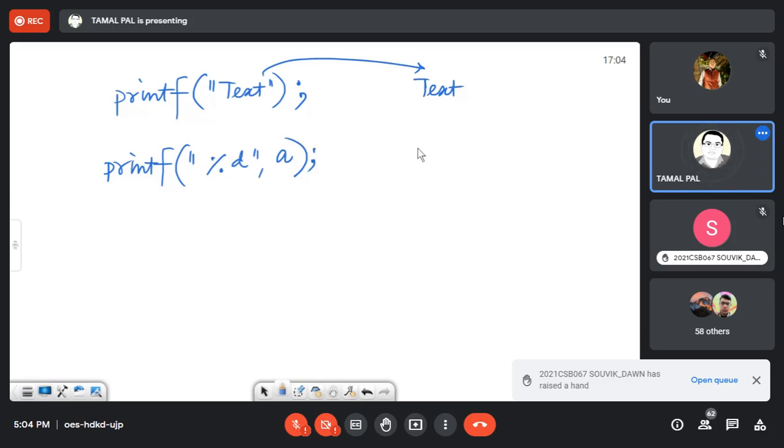Then it prints the value of a. We can also combine text and value. That means we can write text here, let's say, is, value. I have written it in this format.